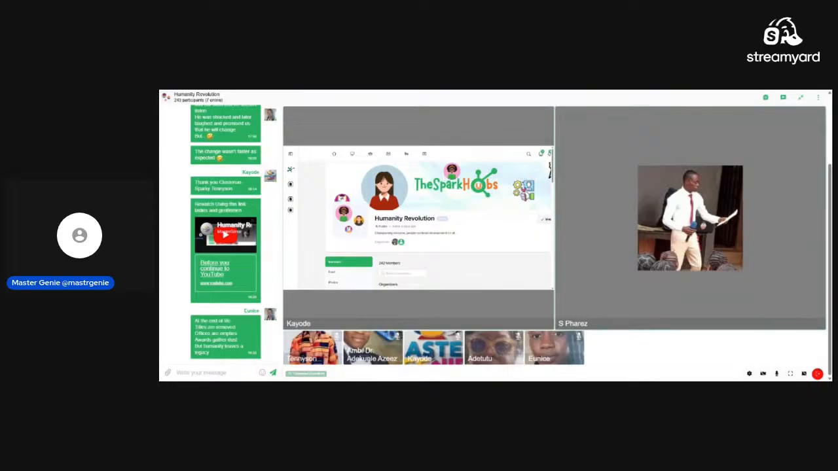Offices are emptied or are empty. Awards gather dust. Wow, I love this. Awards gather dust. But humanity leaves a legacy. This is powerful. At the end of life, titles are removed. When you are going to the grave, even if they say lieutenant, colonel, brigadier general,